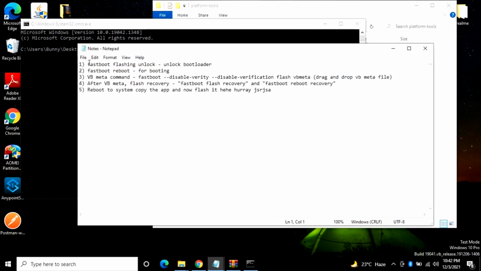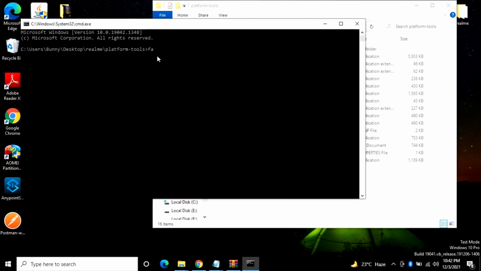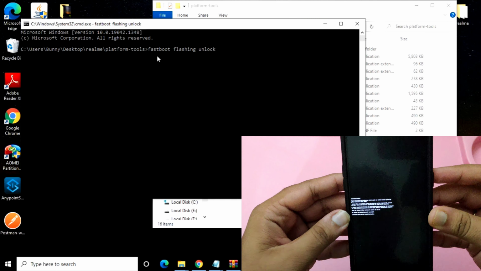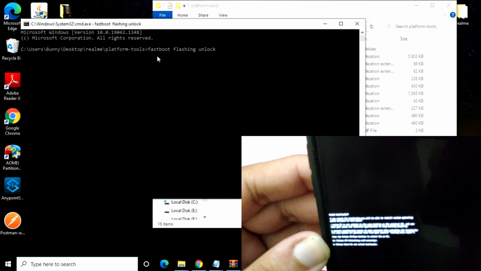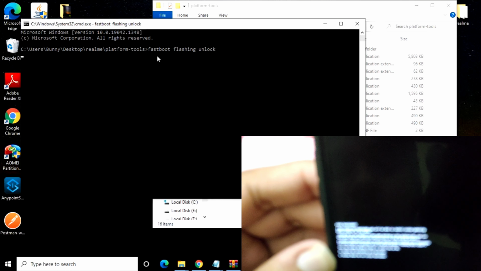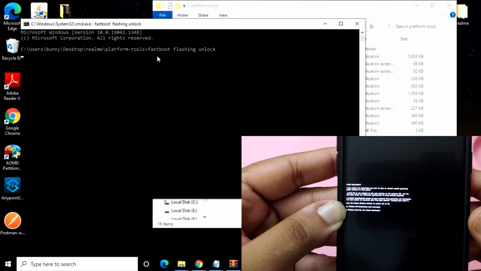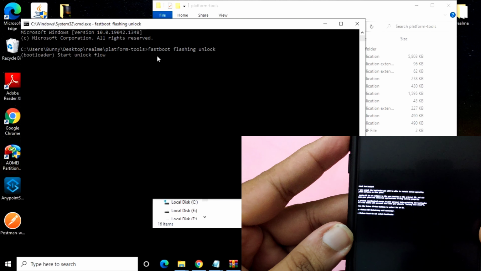you just need to enter this command, which is fastboot flashing unlock. Let me just do one thing here, fastboot space flashing space unlock. Once you did that, just click on enter here, and as you can see, it will ask you to press volume up to unlock the bootloader. So I'm so sorry. Yeah, you just need to press volume up to unlock the bootloader. Just press on the volume up option here,